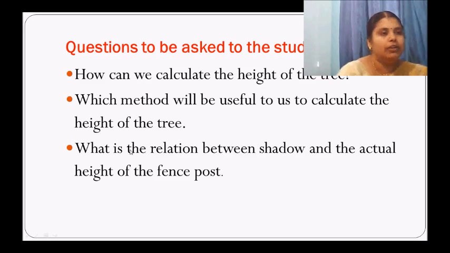Here the height of the fence post is 4 feet and the height of its shadow is 12 feet. It means that the height of the shadow is 3 times the height of the fence post. This relation should be maintained in the tree: the height of its shadow is 72 feet, so the height of the shadow is 3 times the height of the tree. Therefore, the height of the tree must be 24 feet.